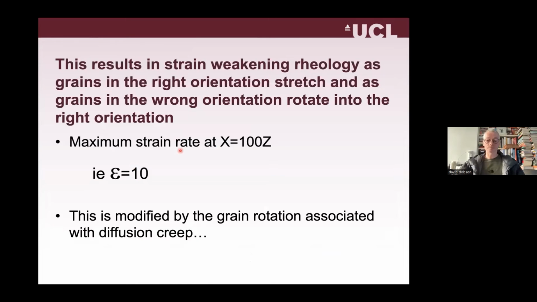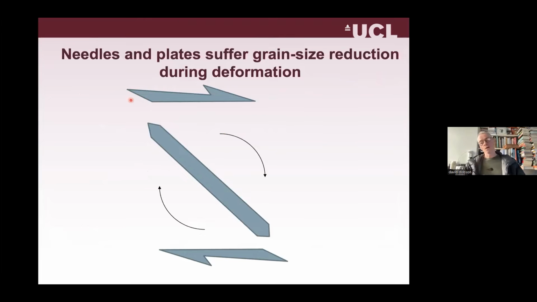Well, that's all that says. Strain weakening rheology, and the maximum strain rate is X at 100 Z, okay? When you have diffusion creep, then grains rotate, okay? Grains have to